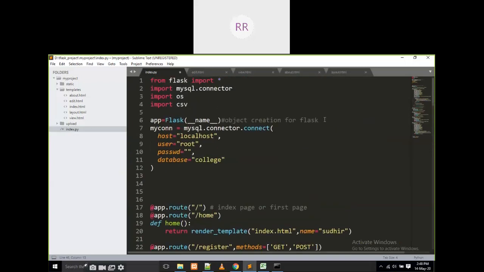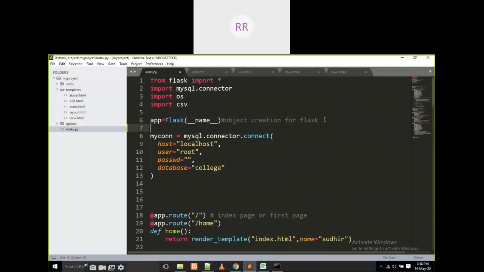First of all, what we have to do for that? We have to write some secret key: app dot secret underscore key is equal to anything.